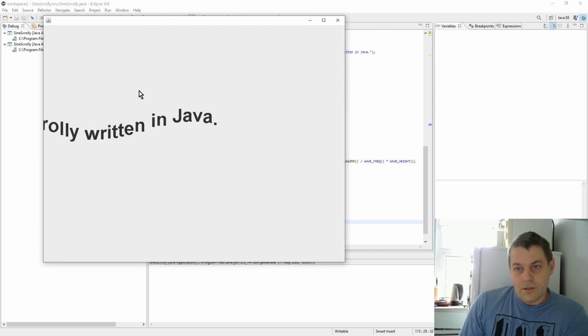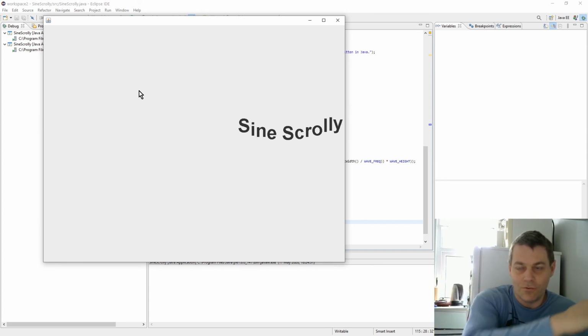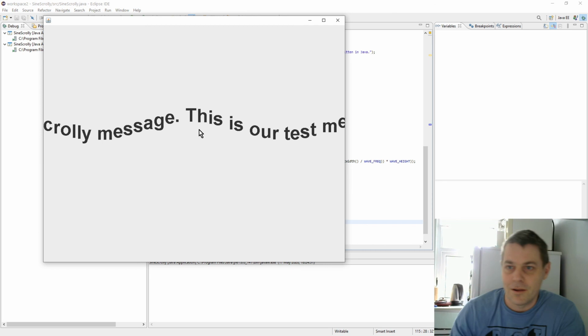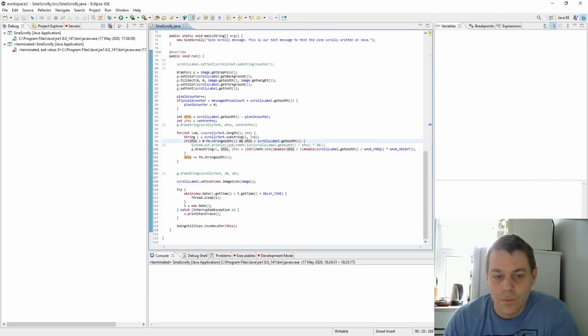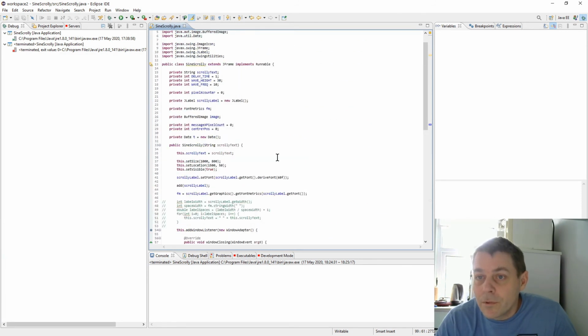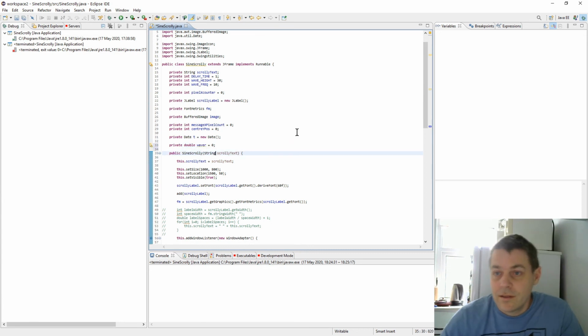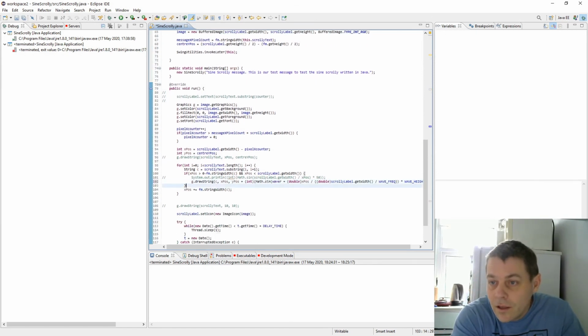And there's one more thing to do. So at the moment the message is following the path. What we would like to do is move that path so that it's kind of the wave is moving. So to do that, we just need to add something on. Make a variable called waver, make it a double, set it to 0, and we'll add it to the sine calculation, and